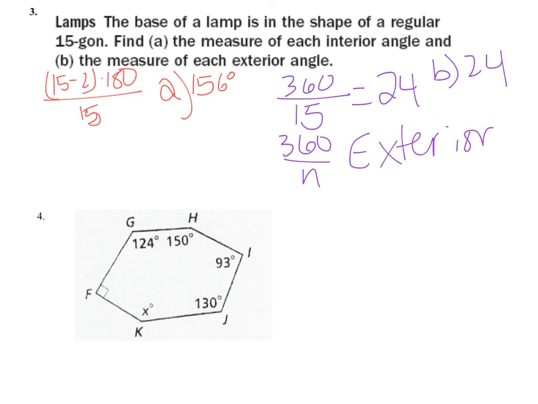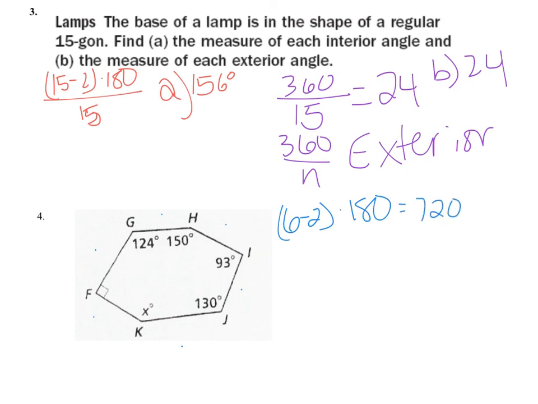Number 4, at the bottom of that page, it gives us a picture and it's asking for x again, and again we don't know how many degrees are in this polygon, so we have to count the sides and figure it out. So there's 1, 2, 3, 4, 5, 6 sides. So to find the sum, 6 minus 2 times 180